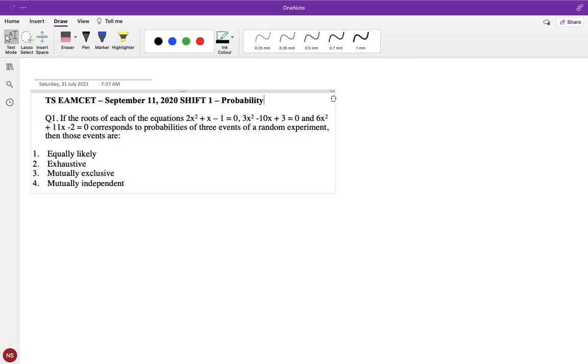Hello everyone, in this video I will be talking about problems on probability for the shift of September 11, 2020, shift 1. So in this first question I have been given three equations: 2x square